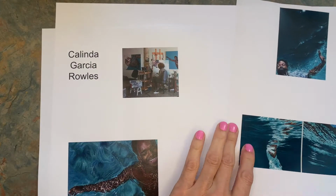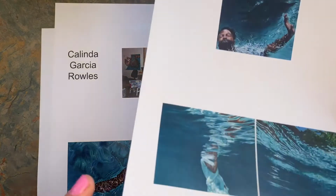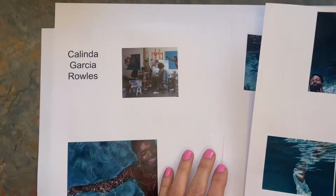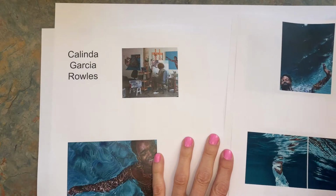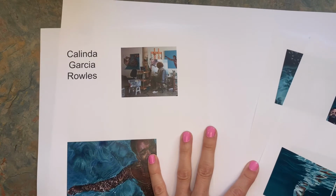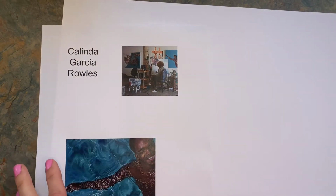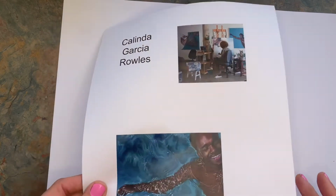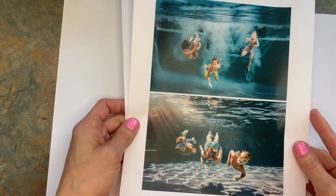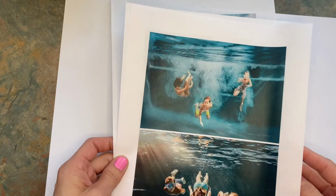Also, I love, part of this is just the beautiful ripples that she paints. Looks like so much fun. So what we're going to do is we're going to try to do a self-portrait of us swimming and enjoying the water. We can also look at these pictures of kids swimming in the water to get some ideas of what your body will look like